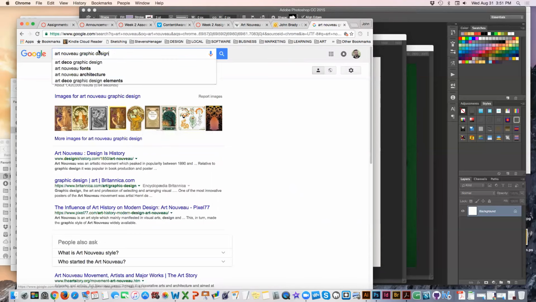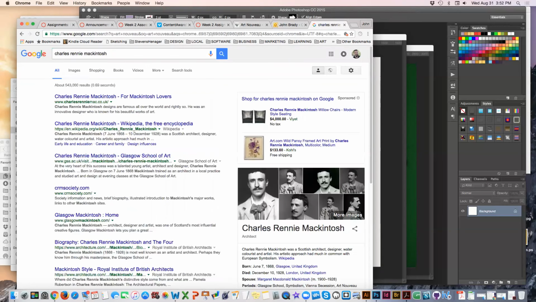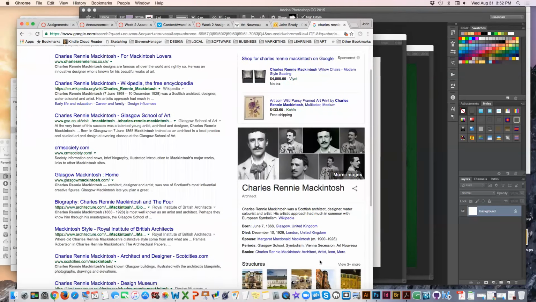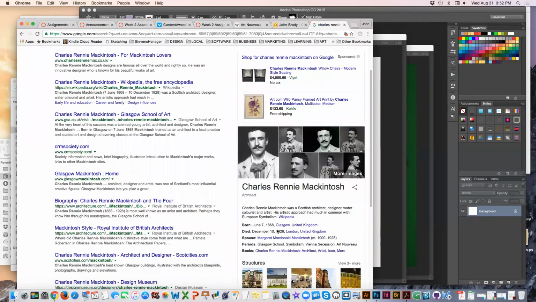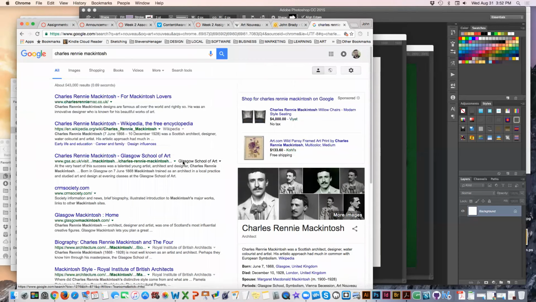Charles Rennie Mackintosh is a name that's coming up right there. He is known for the Glasgow School and starting that. So late 1800s, but I'm not sure exactly when he started that school. I think it was early 1900s, but he's another person you could research, as well as any of the